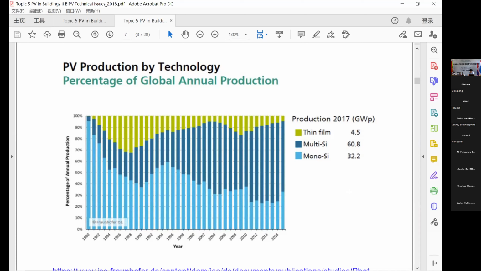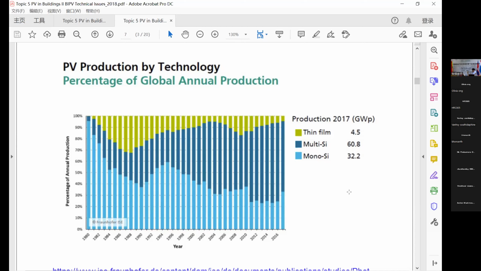After nearly 40 years of development, the power conversion efficiency has doubled, but the price is even lower than at the beginning. So if we consider the